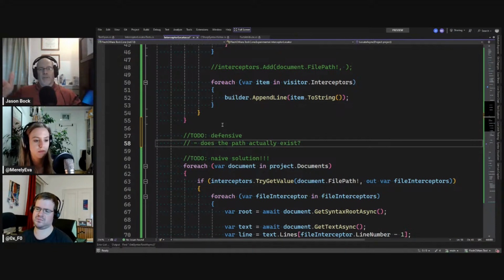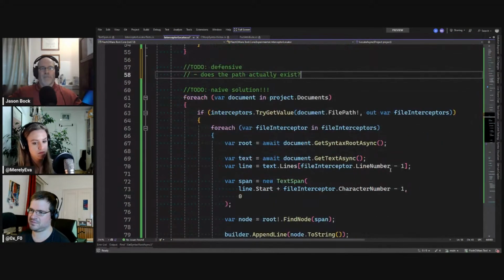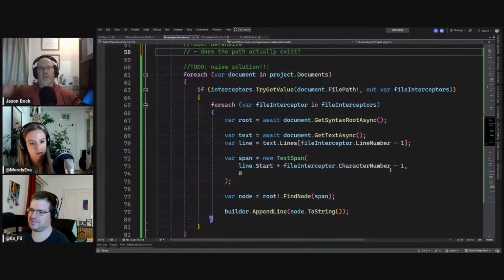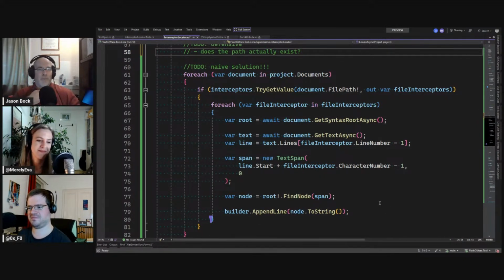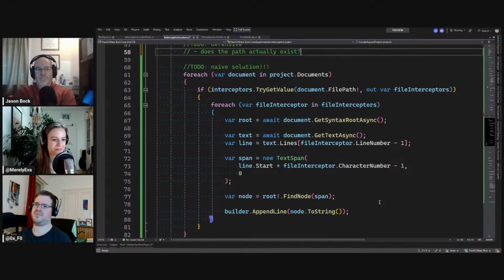But again, with the time we have today in this stream, I think you've made a lot of good progress already. Eventually you'd have to get to where it's being refined and defensive. But the fact that you even got this far is pretty cool, because now you're finding all the methods that are going to be intercepted. Assuming you can find those attributes, at least you now know here are all the interception points in my project. That's pretty cool.